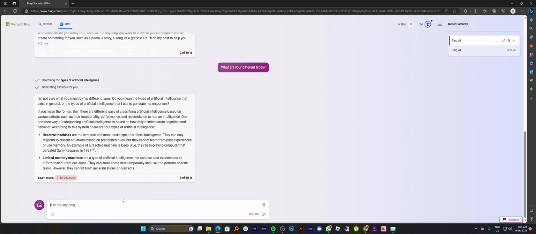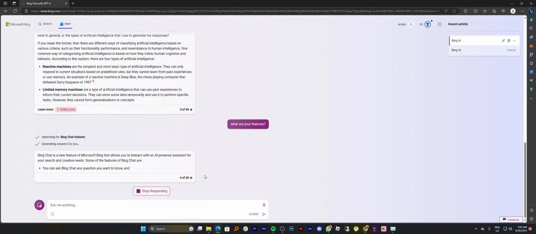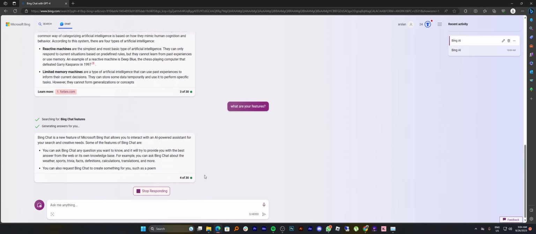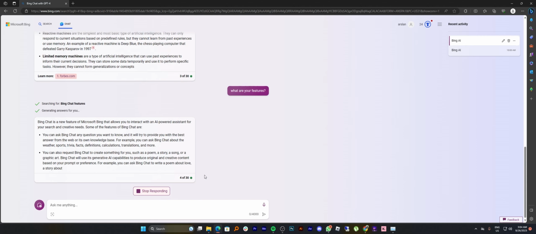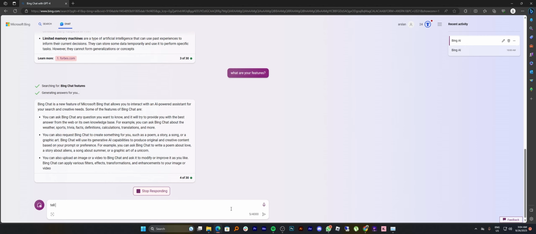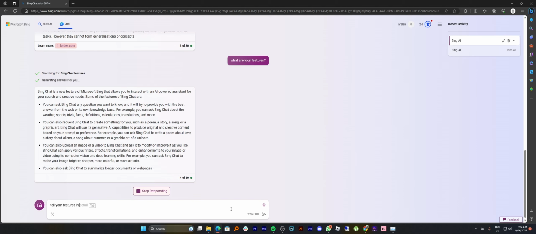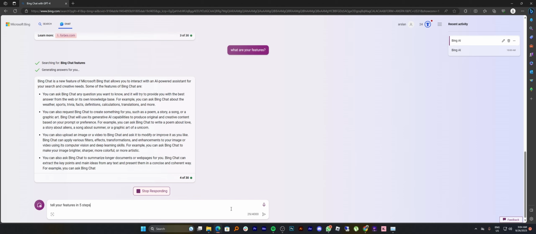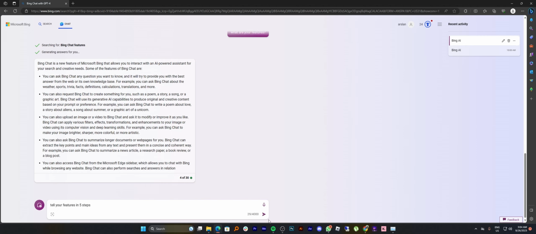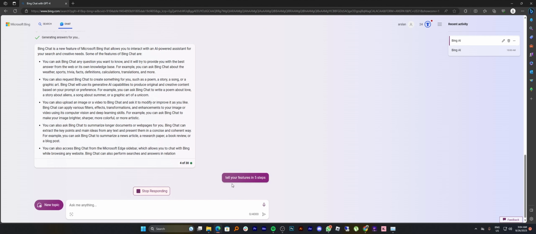And now let's know about the Bing features. So the 5 major features of Bing AI are: you can ask it any question you want to know, and it will try to provide you with the best answer from the web or its own knowledge base. You can also request it to create something for you, such as a poem, a story, a song, or a graphic art. It will use its generative AI capabilities to produce original and creative content based on your prompt or